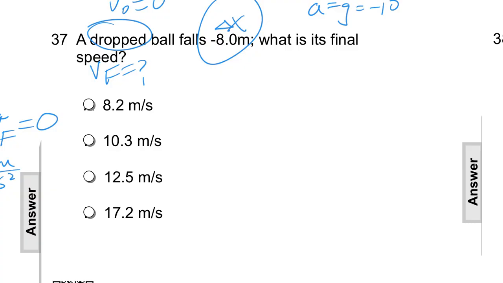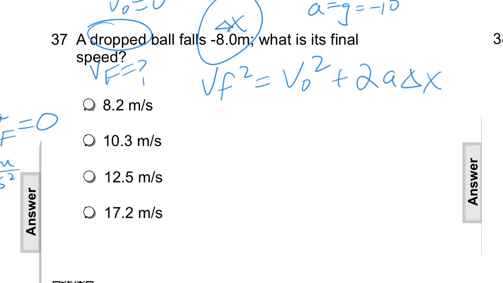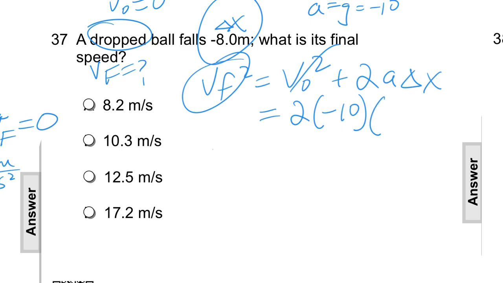Look at your 5 equations. How about this one? VF squared equals VO squared. There's no time, so that's why I picked this one. So, drop. So this is what I'm solving for. Final speed equals 0. That makes VO 0, so that crosses it out. 2 times negative 10 times. Now displacement is drop